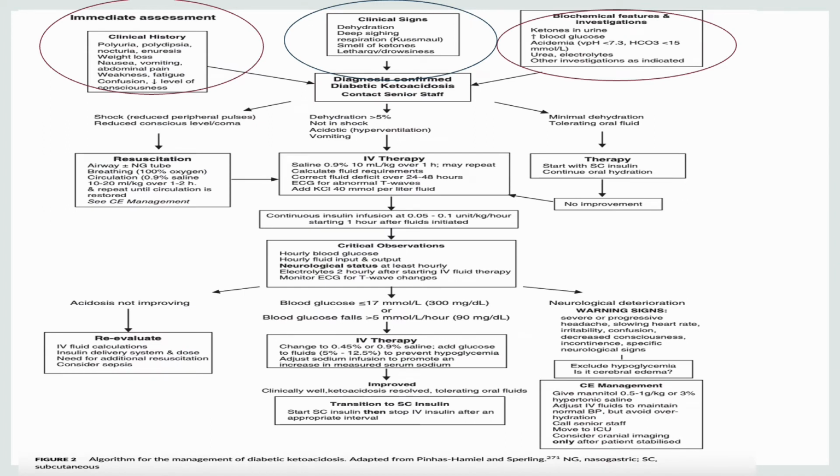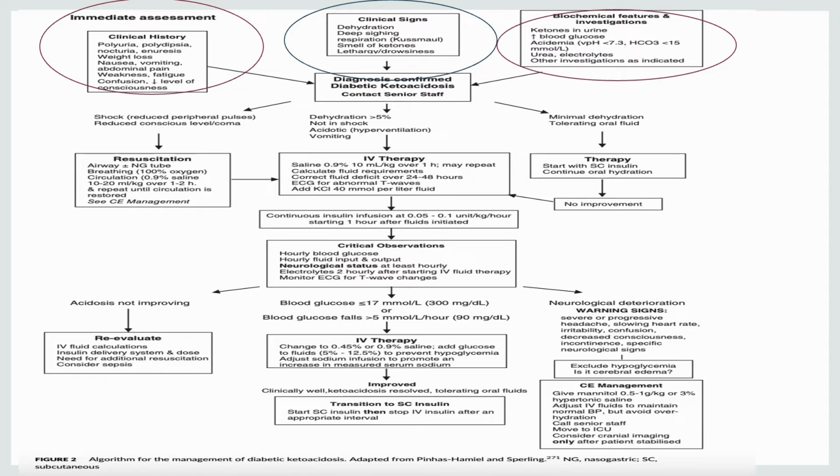This is the kind of summary. If a child presents with DKA, how will you manage? First, when the child comes to you, you assess the child for dehydration or shock, and you manage ABCD first. Meanwhile, while managing the ABCD, you will ask for a brief history: whether he or she is already diagnosed with diabetes, or is a new case.